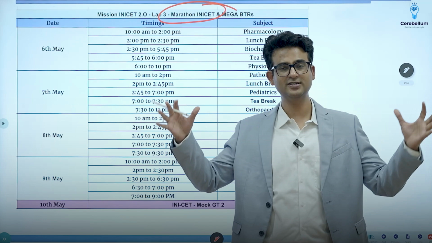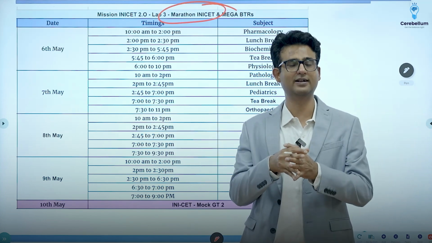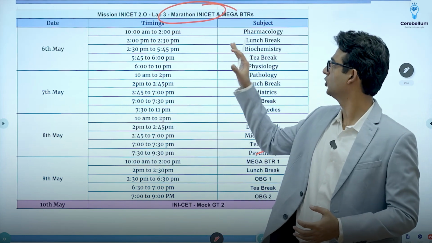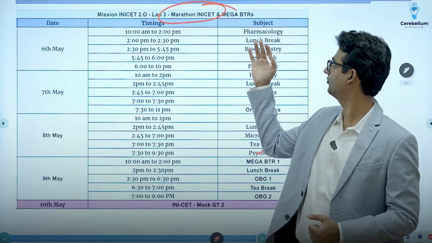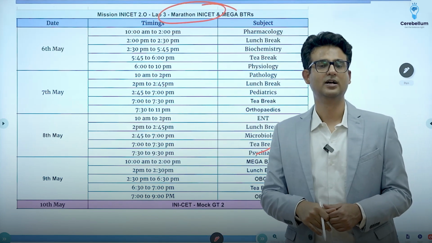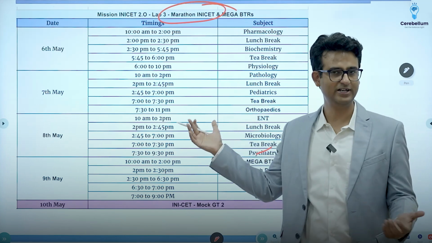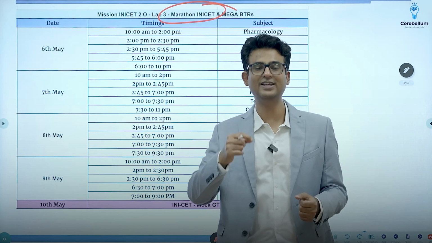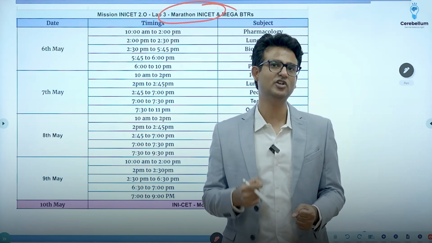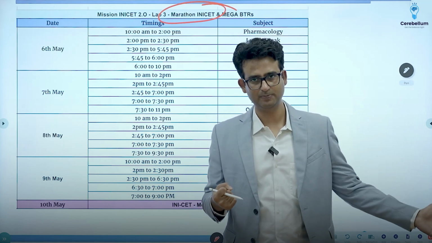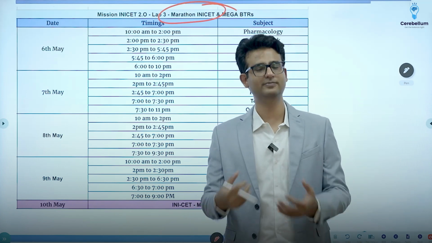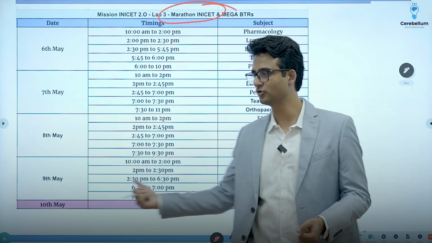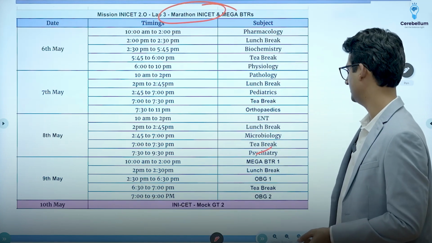This has been the problem for most of the students. They read from various sources in the last 2-3 weeks, they are not able to put everything together. And that thing is done by the teachers here in live lectures. You ask somebody of the caliber of Dr. GRG or Dr. Vivek or Dr. Ankur, all of them great teachers, to complete the course in a couple of hours, and what they come up with is something of very high yield quality. That has been the strength of marathon classes, and in the previous batches, marathon classes were loved by everyone. They said that the classes helped them a lot in the exam. I'm sure that same thing is going to happen in this session as well.